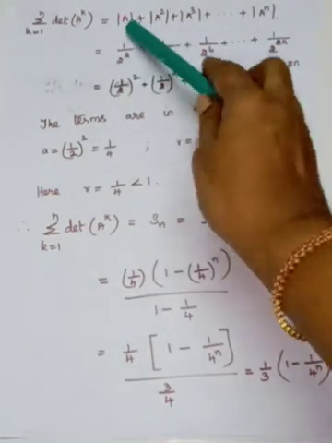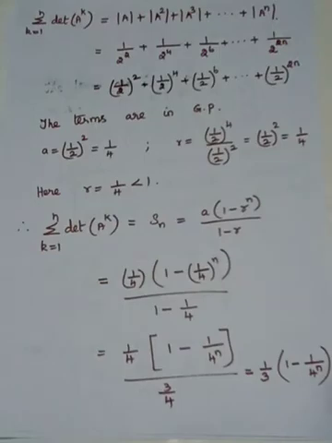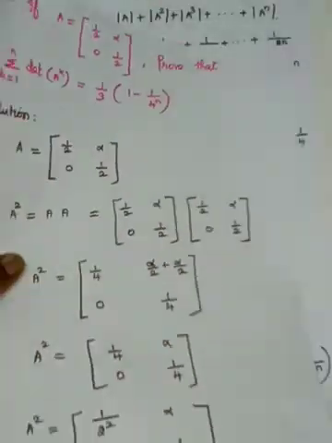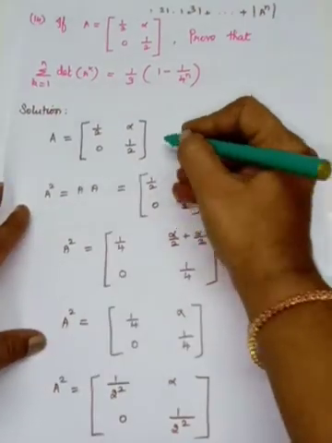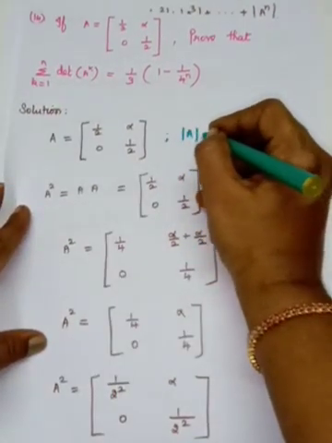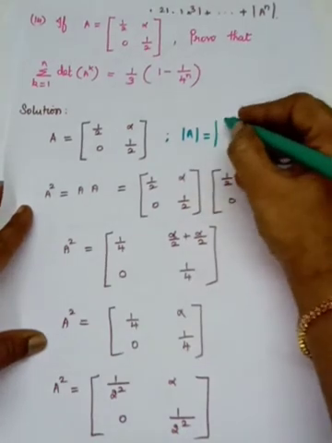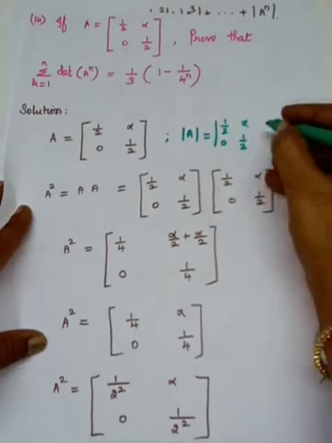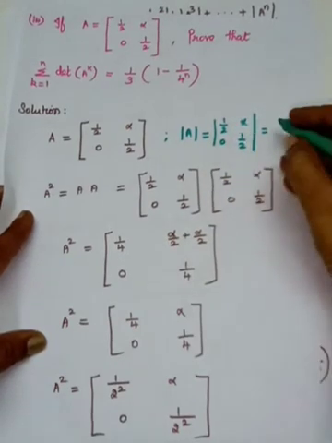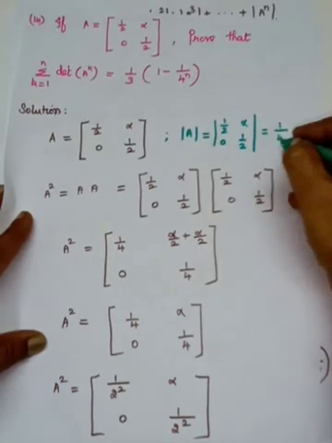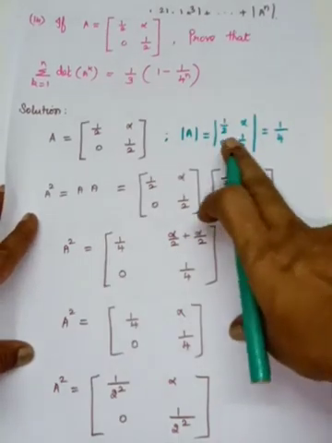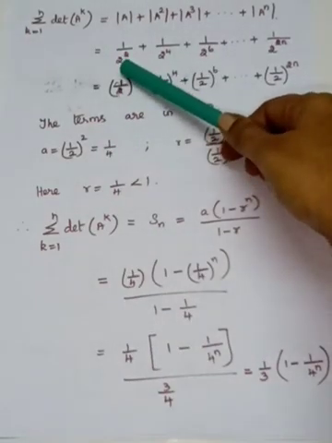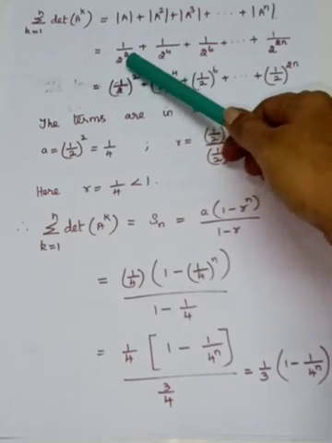See, here what is your determinant a? Determinant a I have already told. You see that here it's a matrix. So if you want to find the determinant a, it has to be written within the vertical lines. So it will be 1 by 2, alpha, 0, 1 by 2. If you cross multiply, your answer is 1 by 4. 1 by 2 into 1 by 2 is 1 by 4 minus 0. So it is 1 by 4. This 1 by 4 I have written as 1 by 2 squared, plus.